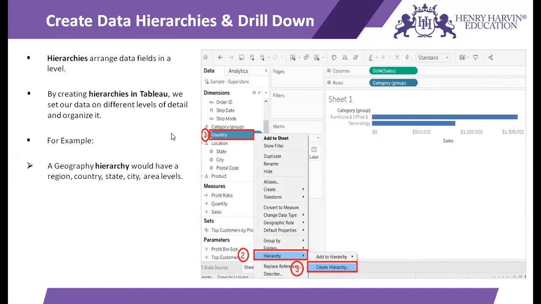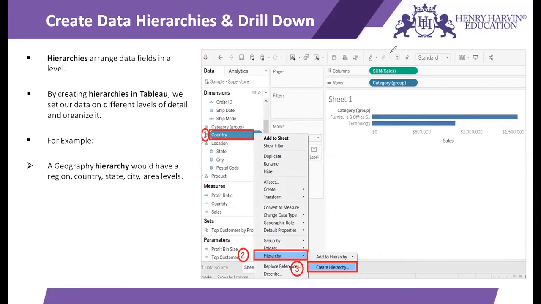So just to quote an example to you, if we have multiple fields like region, country, city, area, all in our dataset, we can create a geographical hierarchy in a way that region is the top, and when you drill down the region, you will get the list of countries, and on drilling down the countries, you will get states. On drilling down the state, you will get cities, and on drilling down the cities, you get areas. So all these fields, you can establish a relationship between each of these fields and add them to a hierarchy.